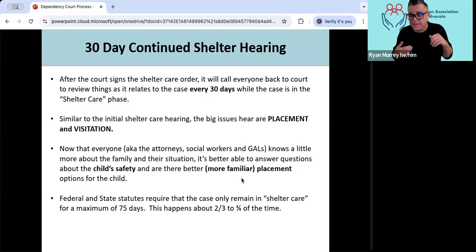That happens about 2/3 to 3/4 of the time. So we may have cases where kids and families are staying in shelter care status longer than that 75 days. But that is the goal.